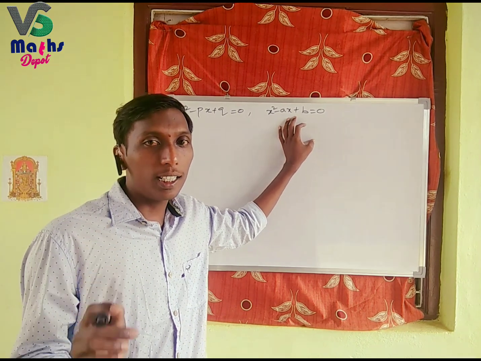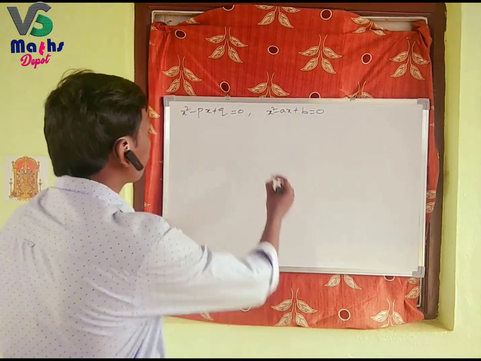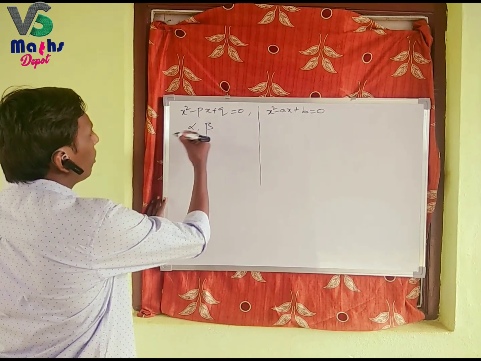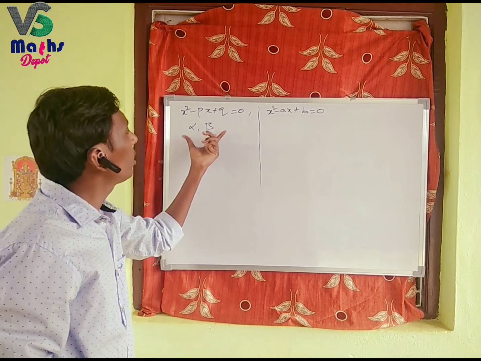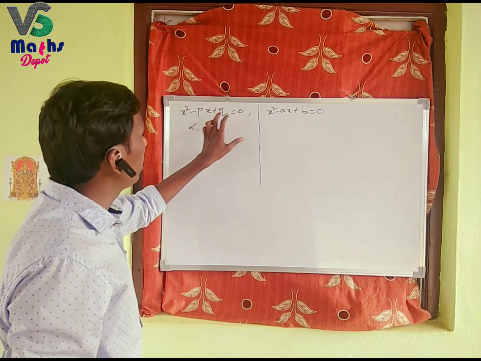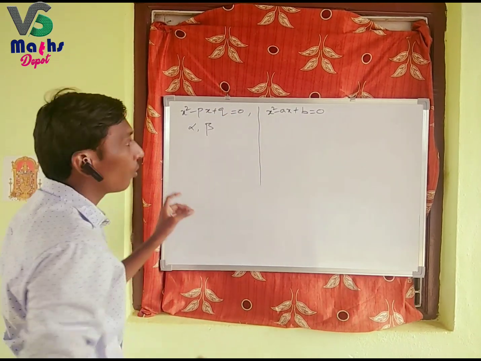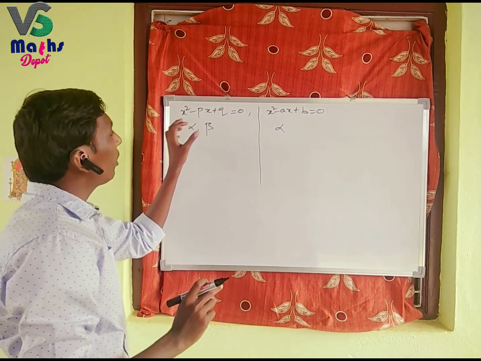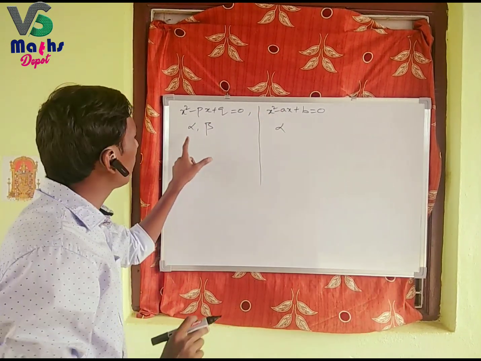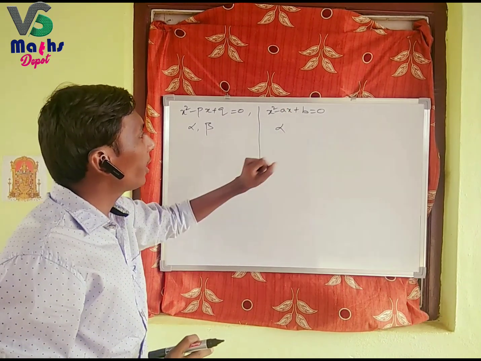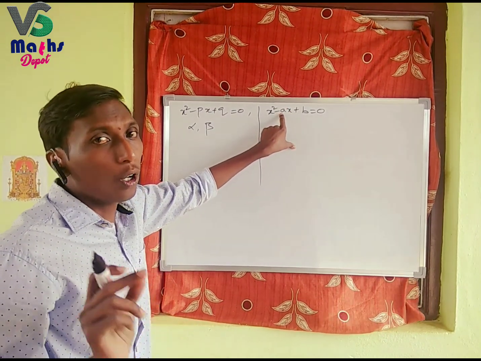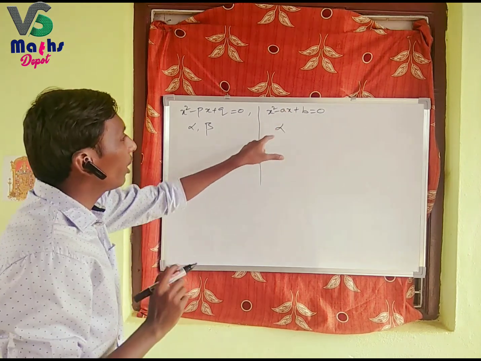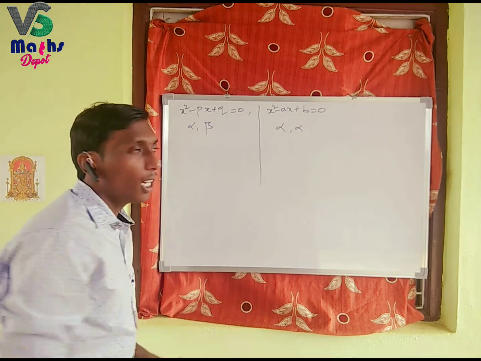Then what is the condition they are asking? Suppose alpha, beta are the roots of this quadratic equation. Because these two quadratic equations have one common root, let us suppose that is alpha. We are considering that these two equations have one common root, alpha, and given that the second quadratic equation has two equal roots, therefore alpha, alpha are the roots of